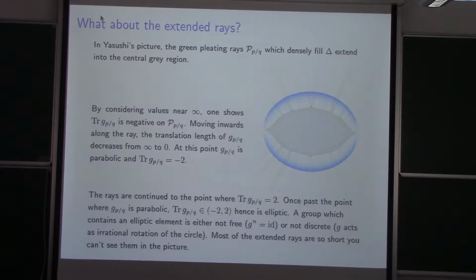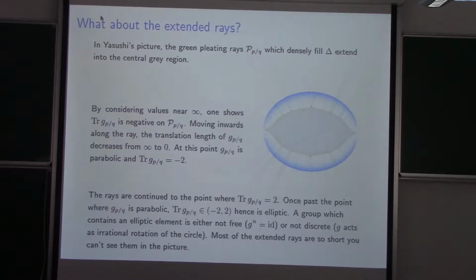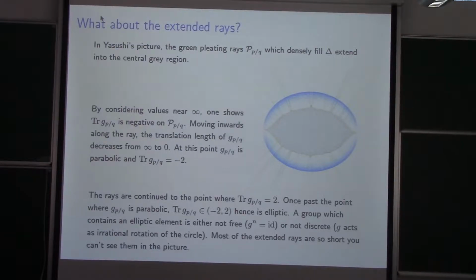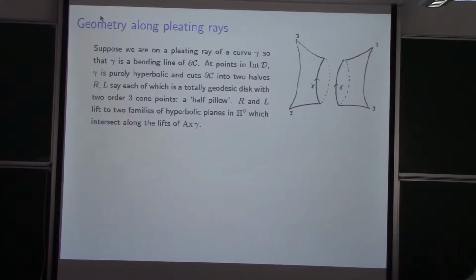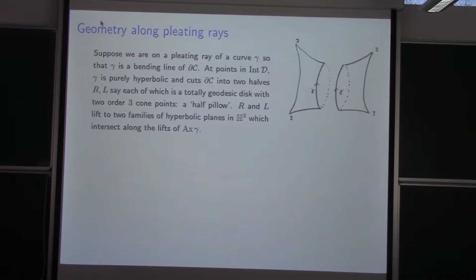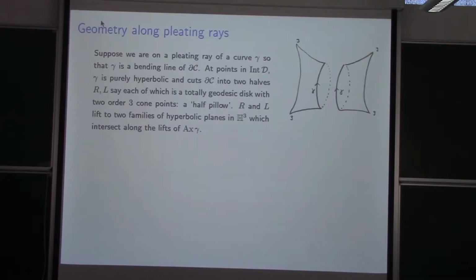But I can say something about what's going on along these rays. So I got interested in the ones that are on the rays: what's going on? We know what's going on along the ray when it's actually a pleating ray. So when it's in the part covered by the real pleating rays, what's going on is that,